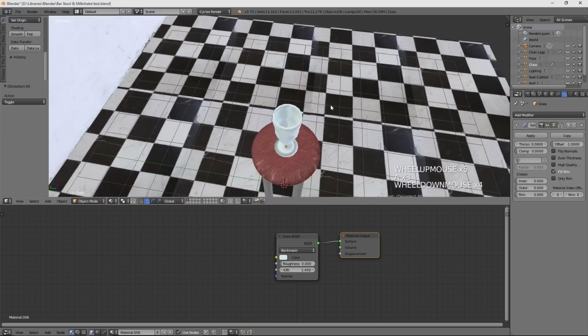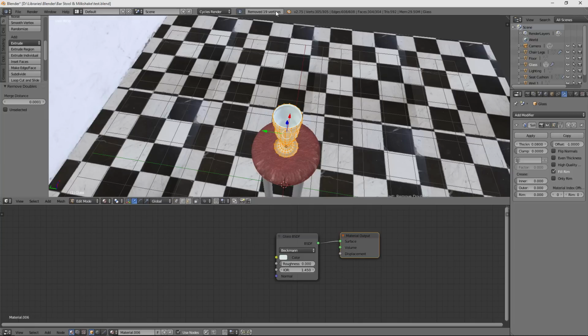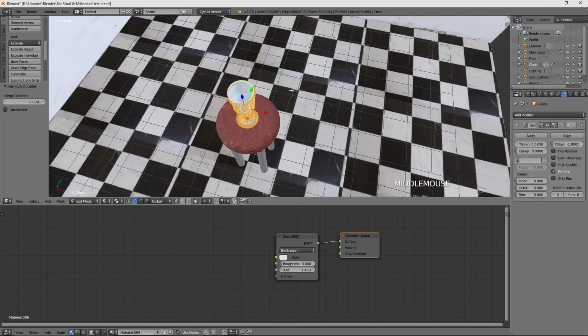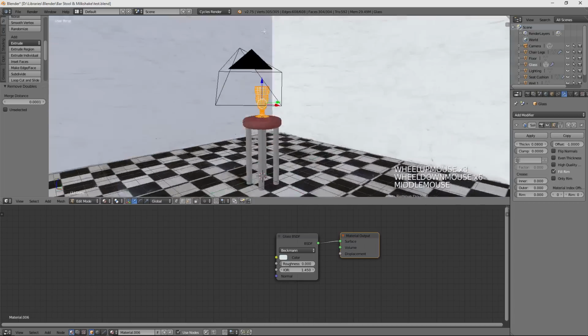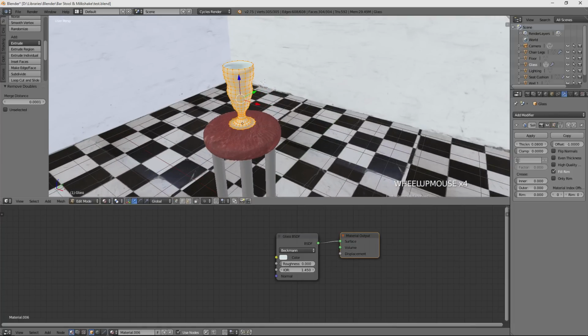And we're going to hit A. The only thing you need to worry about with the spin thing that we did is we're going to go in edit mode and hit W and click remove doubles. And you can see we removed 19 vertices there. Those were likely just ones along one edge that were doubled up since we spun it from 0 to 360. The 0 and the 360 ones were probably sitting at the same point. So you always want to do that, and in fact that's a good habit to do on anything you're working on, is just to go in every now and then and remove doubles. That's in the W menu, and you do that while you're in edit mode. It'll tell you up at the top here how many you removed.